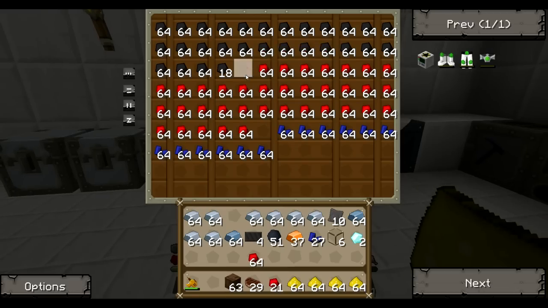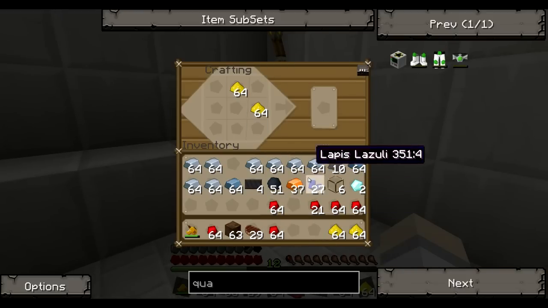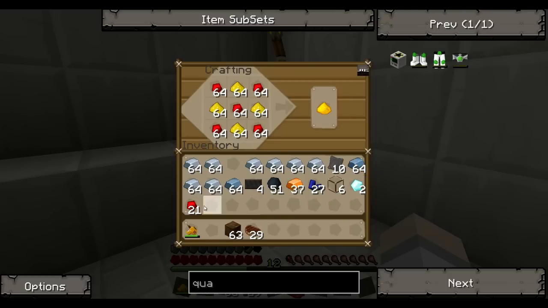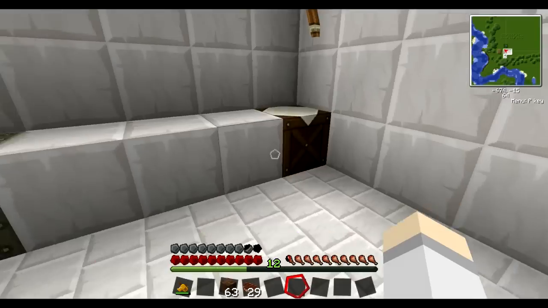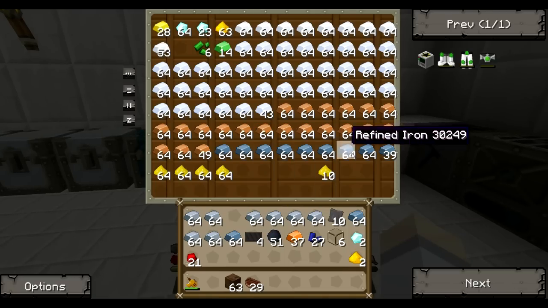Since I have a lot of these resources, I'm going to actually go right out and create a whole stack of these for the first time. I think this will be awesome, because then I won't have to really worry for now about crafting anymore. There we go. Full stack of glowstone dust. Yeah! Okay, next thing I want to do is